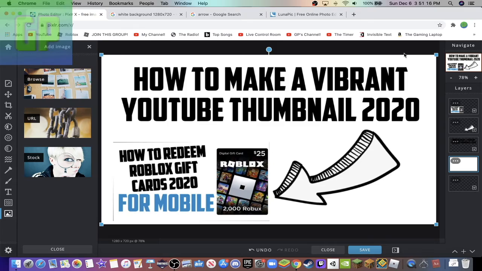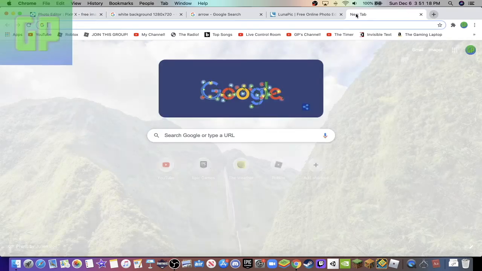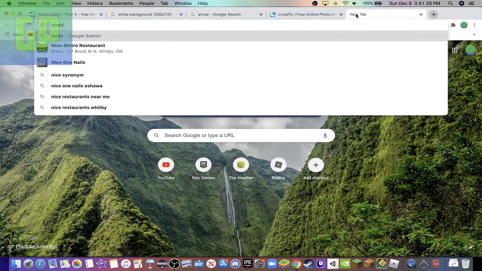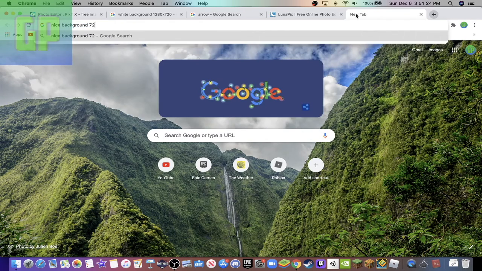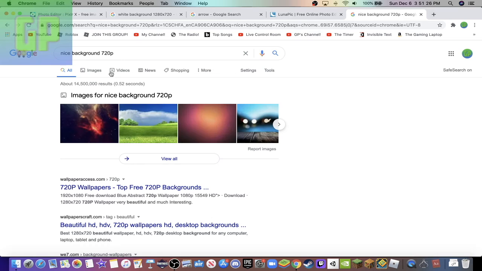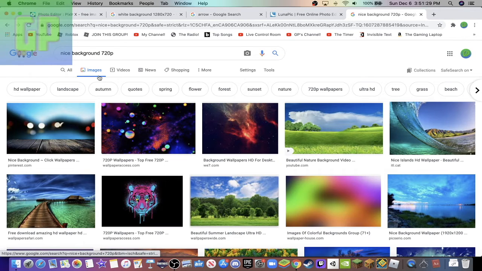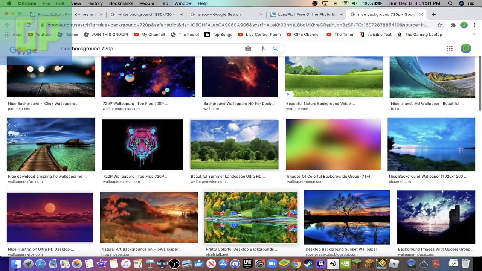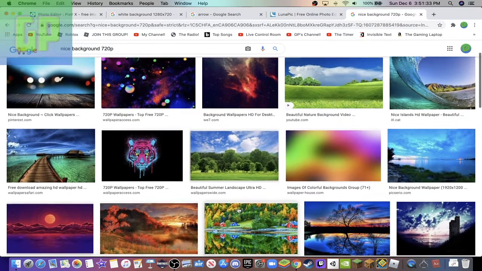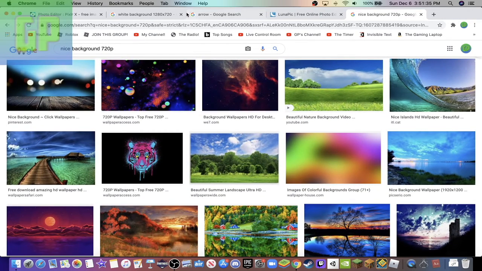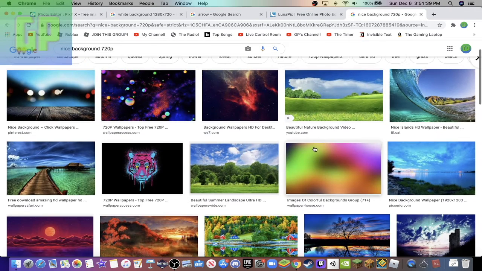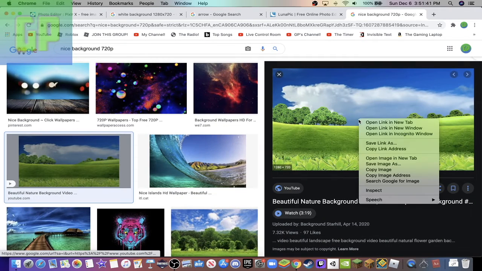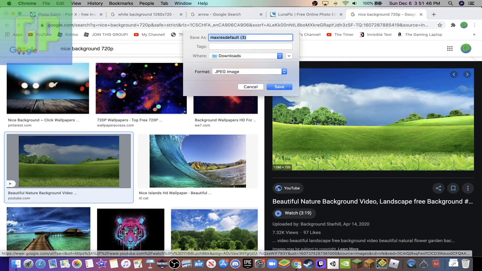Yeah, guys, what I'm going to do is type in nice background 720p, and it'll show you a bunch, guys. I'm honestly just gonna pick one that I like, one that doesn't have too much black color, because we already have that for our text. This would be pretty easy to read over, guys, and it's 720p, as you can see down here. Save image as,